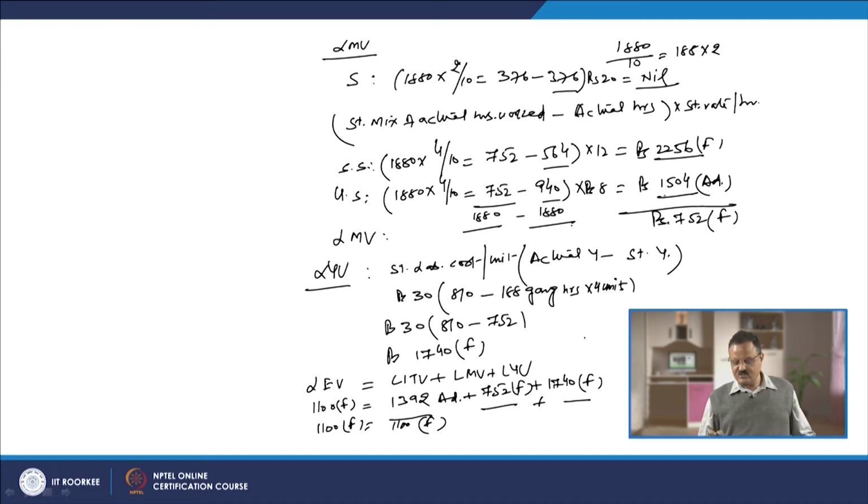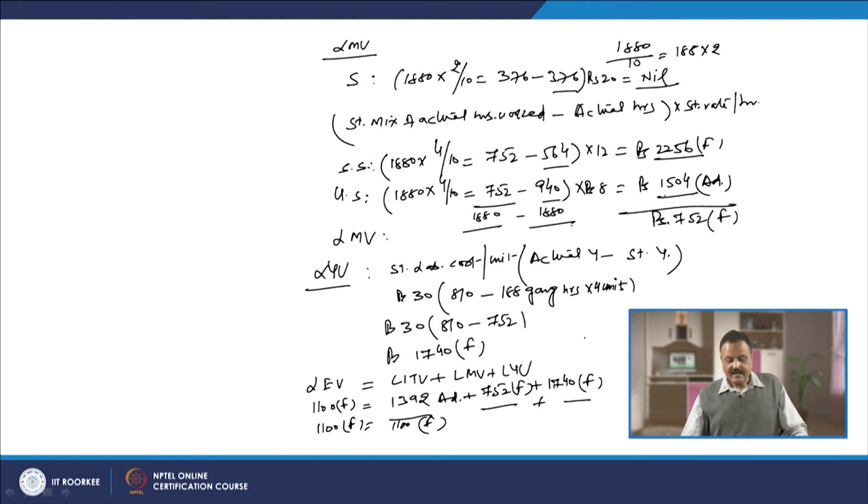So, 1880 is equal to 1880 after readjusting the standards and working out the proportions in the ratio of 2:4:4. So, we could find out that standard time is equal to the actual time. So, we applied the second formula because there is no difference in the actual time and standard time. We worked out this labor mix variance, which came up as favorable, and then we calculated the labor efficiency variance, labor yield variance, and when we calculated the yield variance, the actual yield was very high,